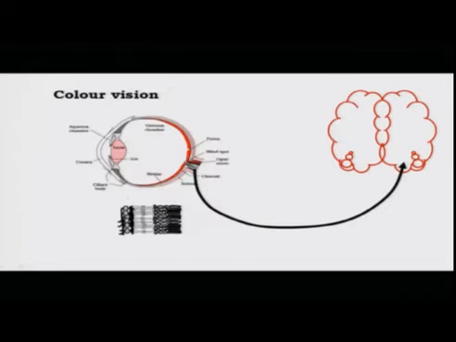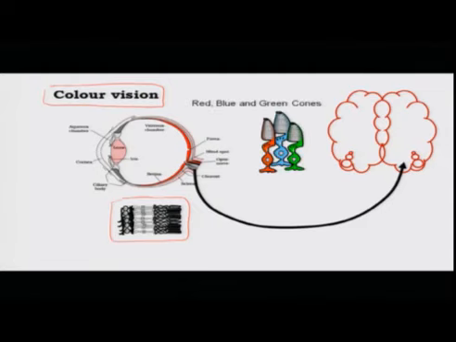Now, let us look at the function of cones in more detail, which is the detection of color. How does the retina function to detect color? If you look at the organization of the retina, you have these photoreceptors present in the innermost layer. There are 3 types of cone photoreceptors, called red, blue and green cones. Why are they called red, blue and green cones? Because they have a conopsin molecule which is slightly different between each of these cone types. Why is it different? Because this makes each cone type able to optimally respond to certain wavelengths of